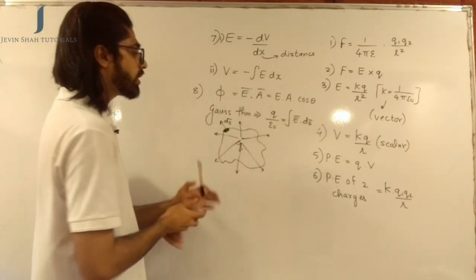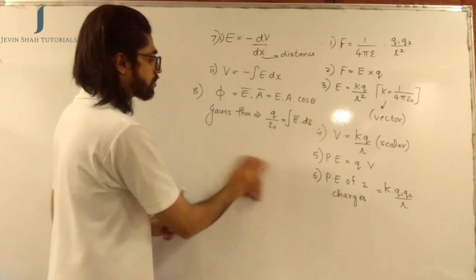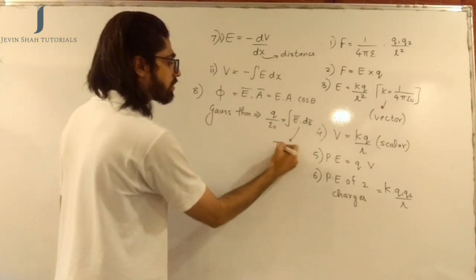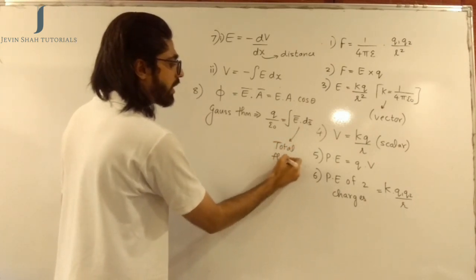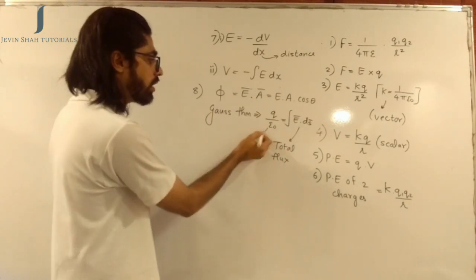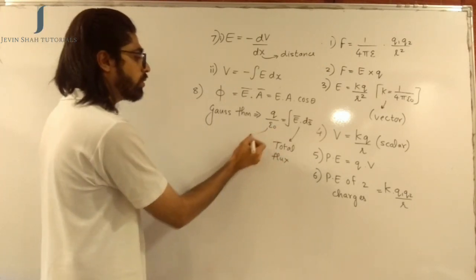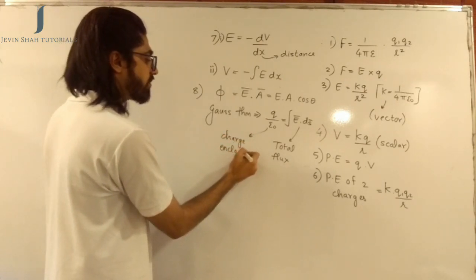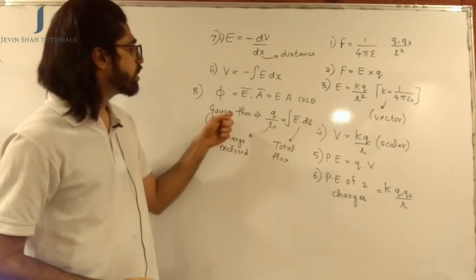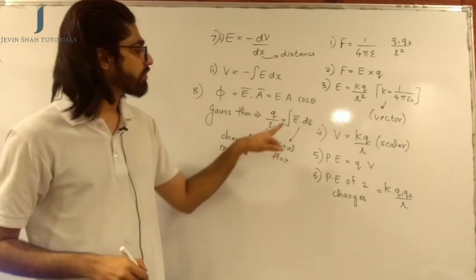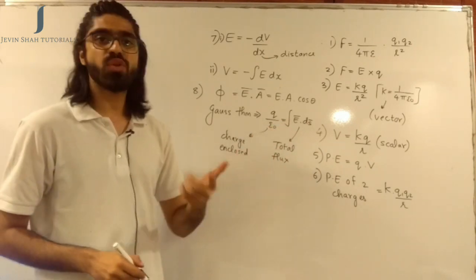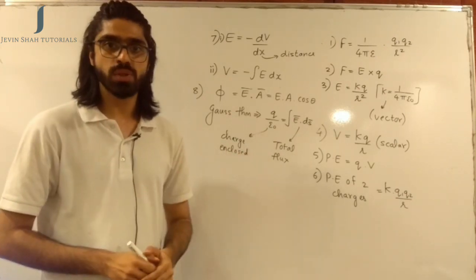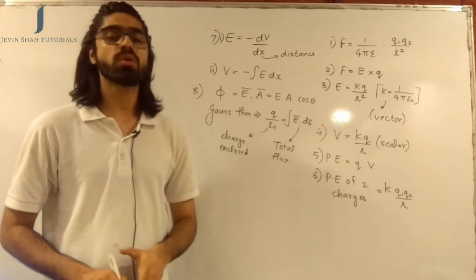So Gauss theorem is exactly this. It says that the total flux through an imaginary closed surface that you have drawn will always be equal to q, that is the charge enclosed by that closed surface, divided by epsilon naught. We use the Gauss theorem for finding the formula of E for various shapes. I will derive it for one of the shapes, and for other shapes you can try it out by yourself, but the final E formula that you derive with the help of Gauss theorem is what you need to remember.